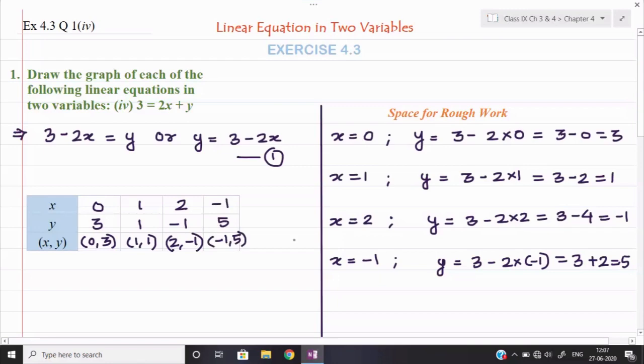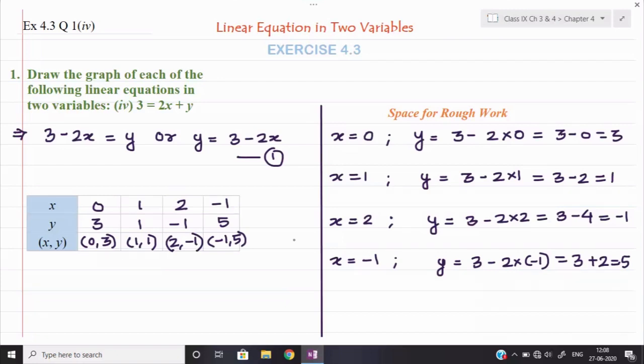Students, you can take any other coordinate. Only remember one thing, that coordinate should have the feasibility to plot onto the graph paper. For example, you take the value of x equal to 7 and value of y is coming equal to 15. So since 7 comma 15 is a very long higher value, okay, and this value will not be very easy to plot onto the graph paper.